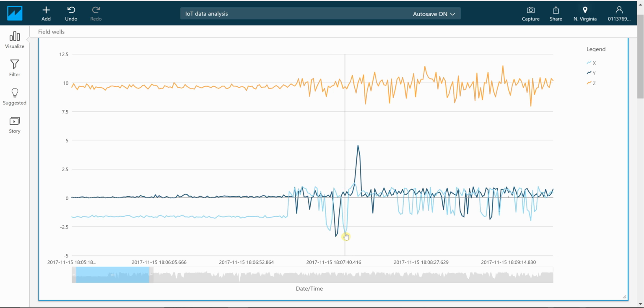Here again there was a negative acceleration, so this was actually a stop sign, the first stop sign that I encountered. This was a right turn that I made after that stop sign, because you can see a negative y value being registered here. There was another stop sign where I was about to enter the actual street. So this is that second stop sign. You can see a brake, and this one is actually a very sharp left turn that I made into the main street. So you can see how easy it is, looking at this data, to figure out